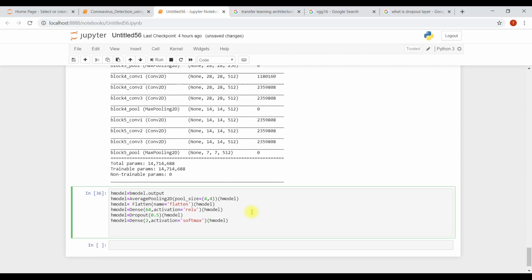Now it's just going to be model equals Model, input equals base model dot input. What's going to be our input? Base model dot input, and output is going to be head model.